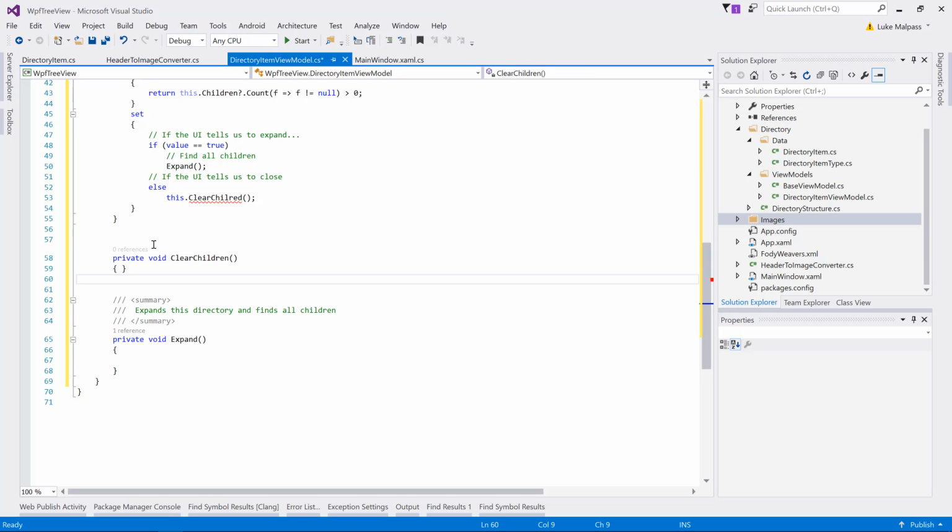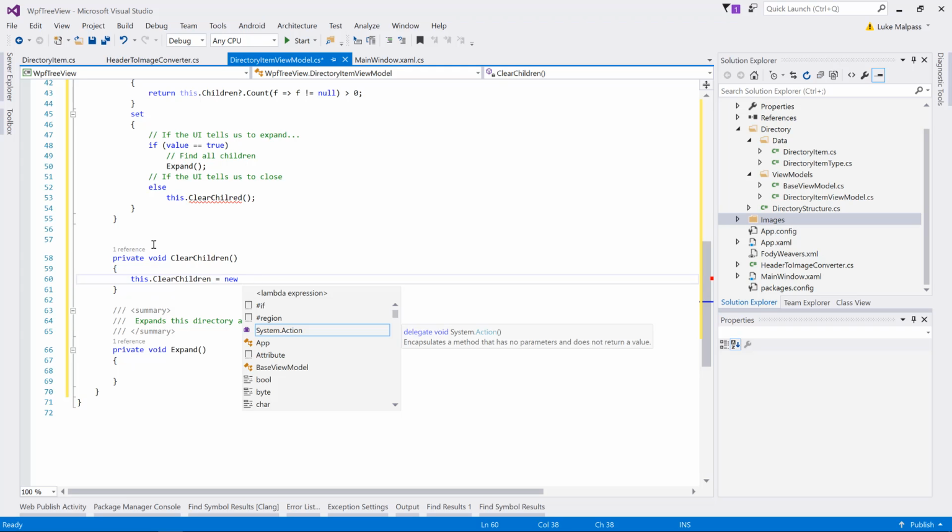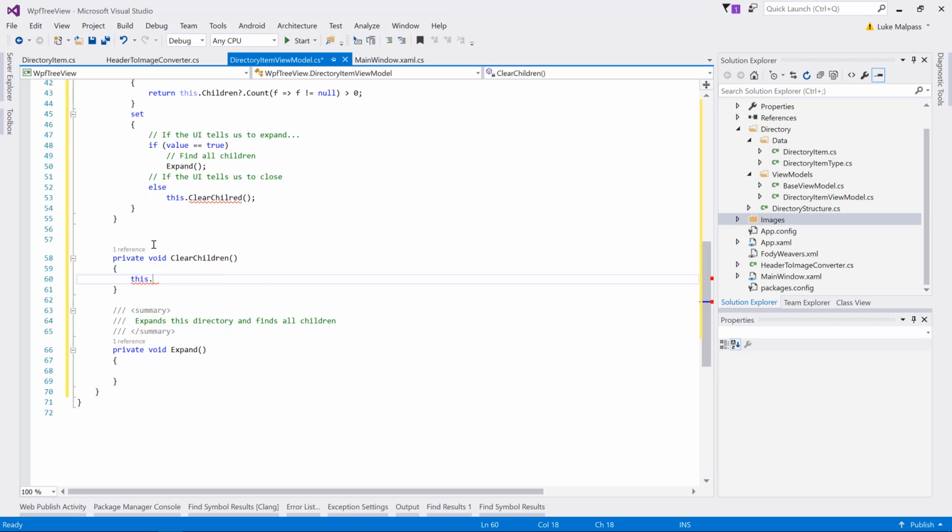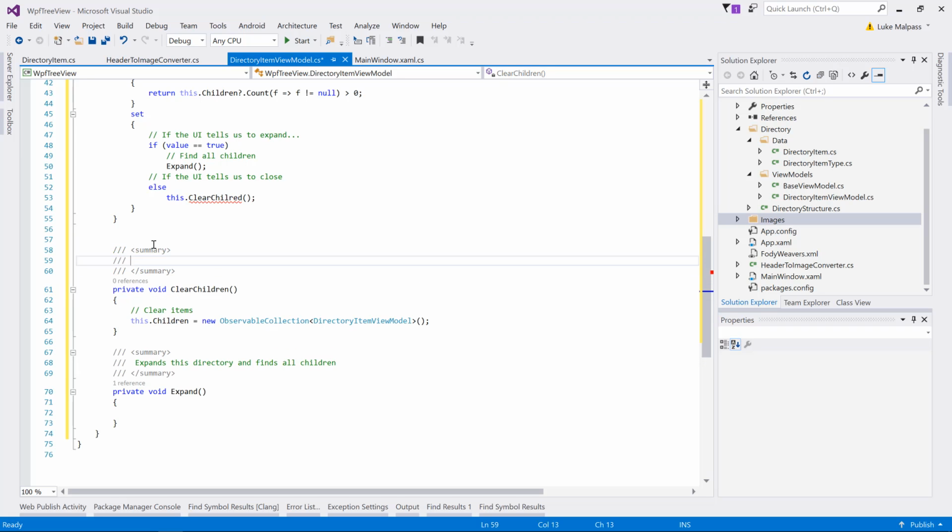And that will just set this dot children as a new list. Removes all children from the list, adding a dummy item to show the expand icon